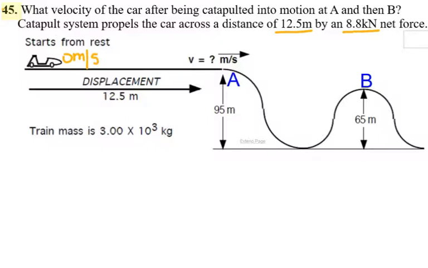If the force acts over this distance, then the work done is the force, 8,800, times the distance, 12.5 meters, and that is equal to 110,000